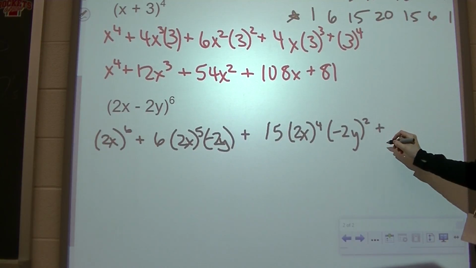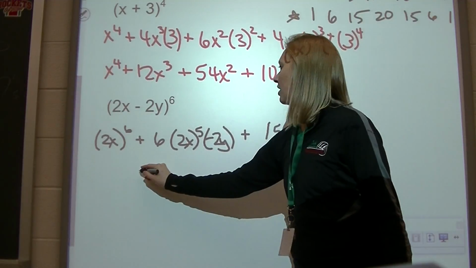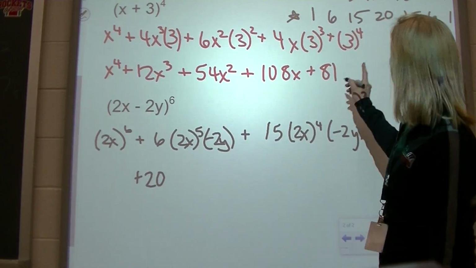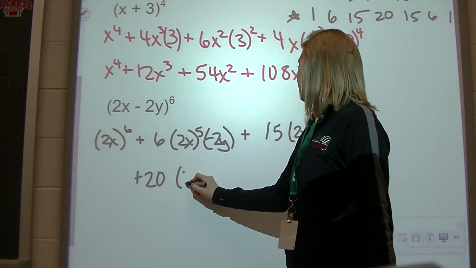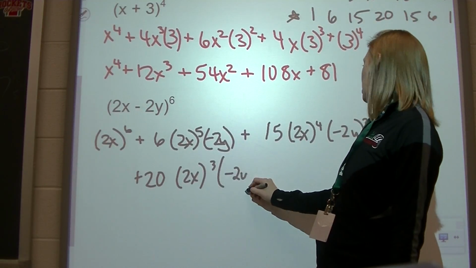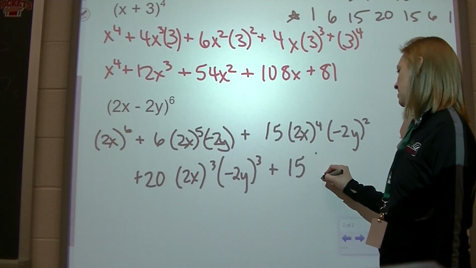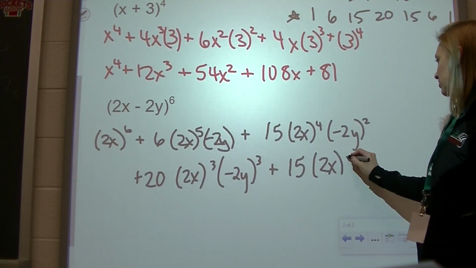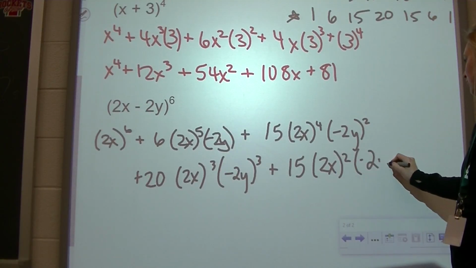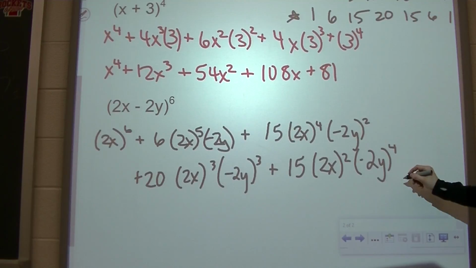And then I'll have plus 20, and then it's going to be 2x to the third and negative 2y to the third, and then plus 15, 2x squared and negative 2y to the fourth, and I'll have